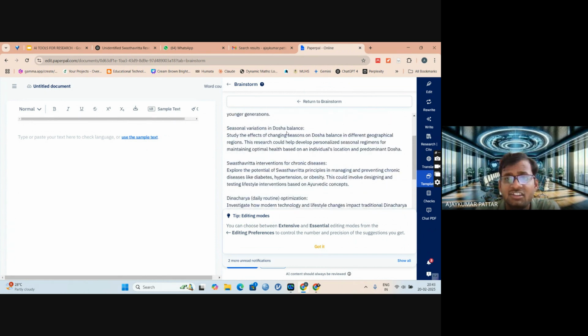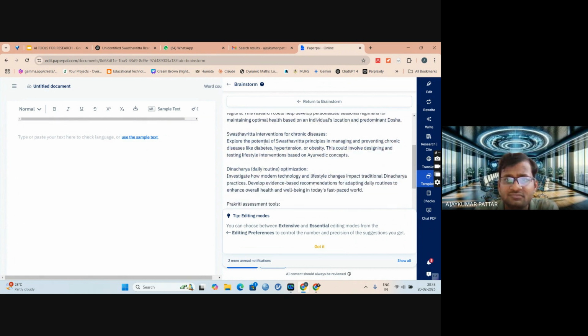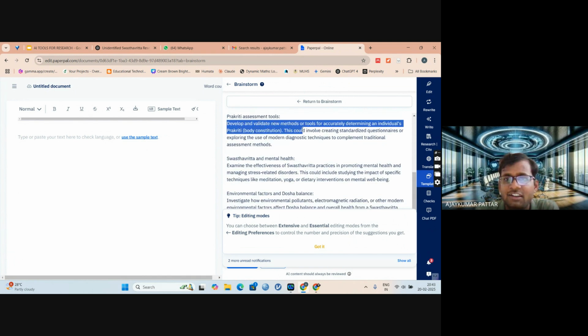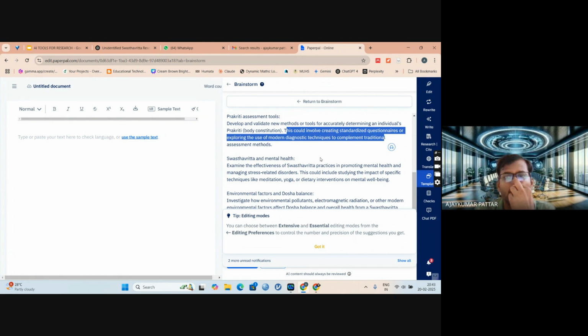Then seasonal variations in dosha balance. Study the effects of changing seasons on dosha balance and geographical research. Swasthata intervention for chronic disease. Potential Swasthata principles in managing and preventing chronic diseases like diabetes, hypertension. Then Prakriti assessment tool: develop and validate new methods or tools for accurately determining individual Prakriti. This could involve creating standardized questionnaires or exploring the use of modern techniques to complement the traditional assessment methods.